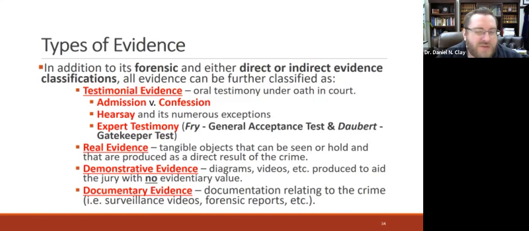With an exception, sort of, right? Brings us to our third type of evidence, which is demonstrative evidence. So these are diagrams, right? You can hold up a paper with a diagram on it. Videos, really anything produced to aid the jury, to assist them in understanding the evidence, but it has no evidentiary value, right? So one common thing to do when it comes to demonstrative evidence to show a jury is to show,